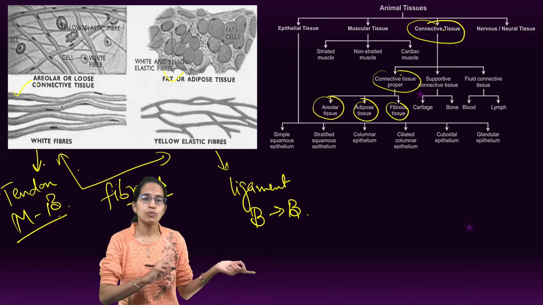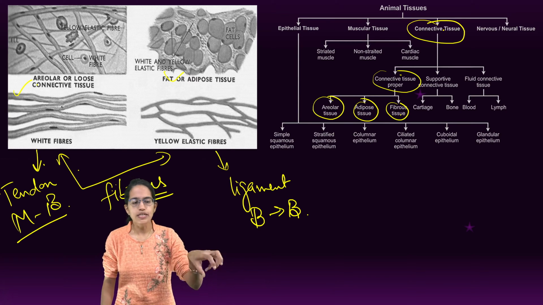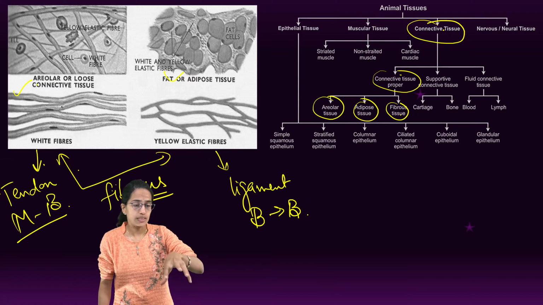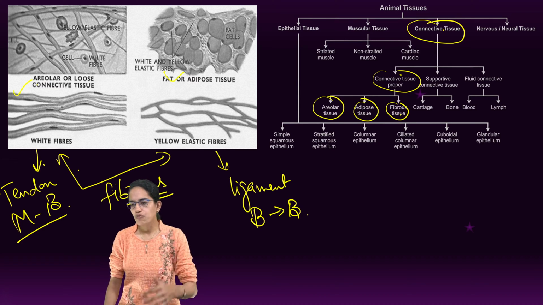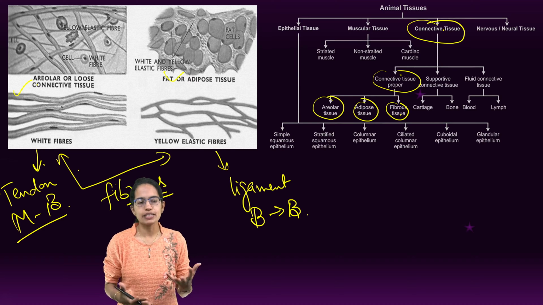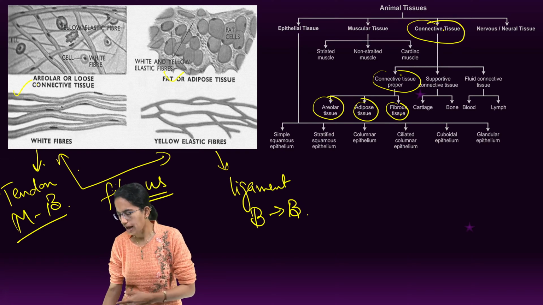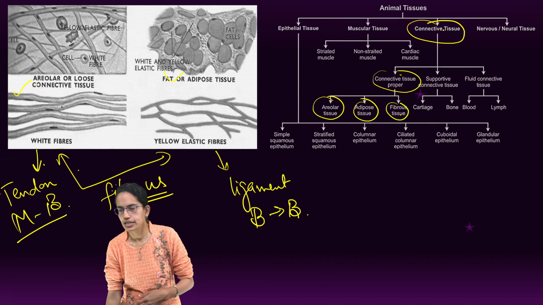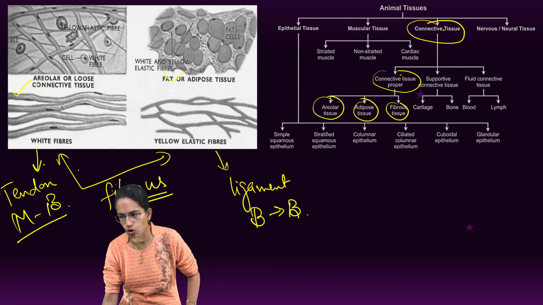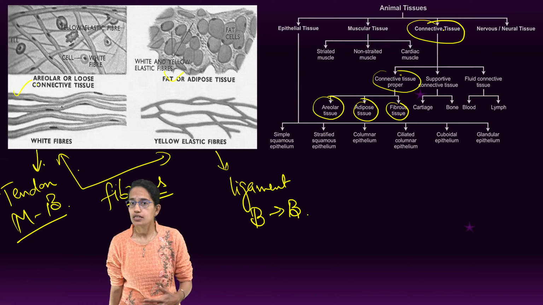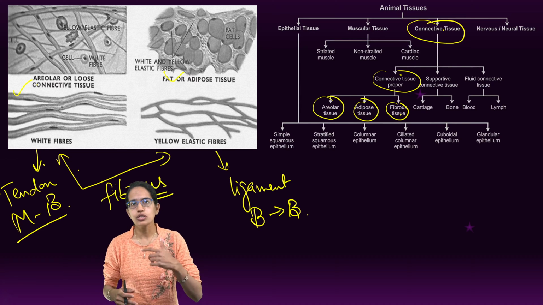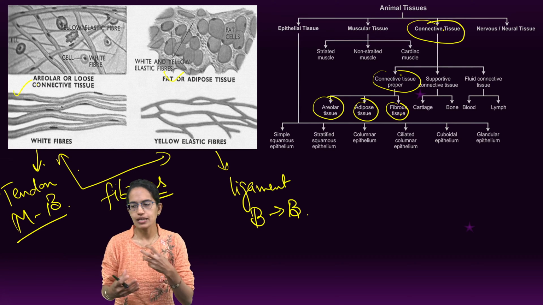The one that connects muscle to muscle is known as fascia, which is not considered under the fibrous tissue classification here. So we have taken two: ligament connecting bone to bone, yellow in color, elastic in nature. Where are these ligaments usually found? When you have a bone connecting to another at a joint, at the ends of the joint you would have ligaments present. So ligament injury is a common injury. Then we talk about blood vessels, bronchioles, where ligaments are present.